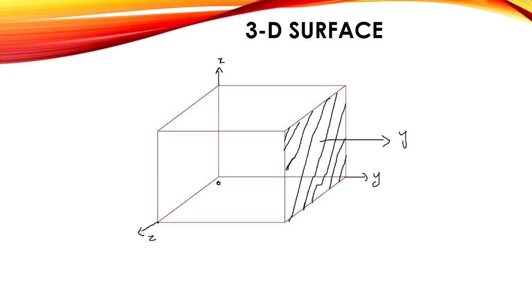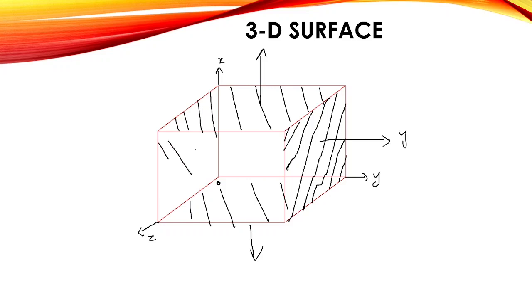So if I am considering this plane, the direction will be outward from the body. You can't draw a direction here like this. That is perfectly wrong. The thing that you should keep in your mind about a 3D surface is that the direction of the area vector will always be outward to the body. Okay, that means it will be pointing outwards from the body. And from here also it will be in this direction, and from this it will be like this. So it will always be pointing outwards from this body. I hope you understand that there should be no confusion between a 2D surface and a 3D surface.